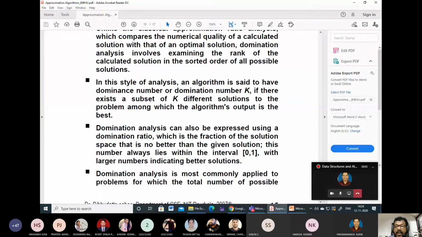This number always lies within the interval of 0 and 1. What it tried to say, suppose you have 100 solutions. Okay, so 100 solutions, you sketch a circle or a rectangle or square. You obtain the 100 solutions. Then looking into the category, if you try to put weights to them, you are finding a cluster, let us say within a square of 1 centimeter by 1 centimeter, and within that you are finding a patch, and out of the 100 solutions, 70% of solutions belong to that cluster.